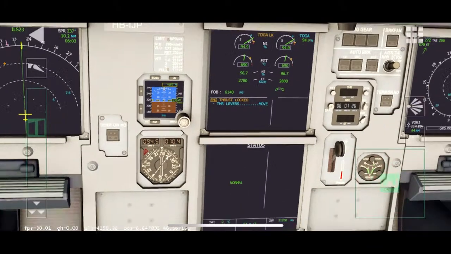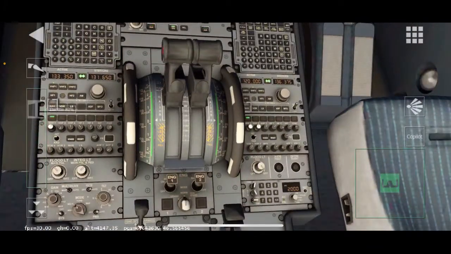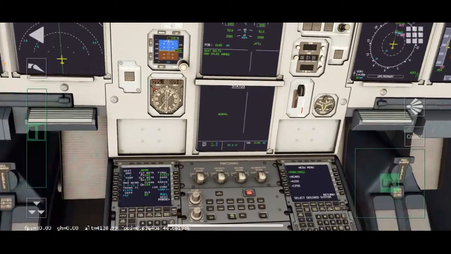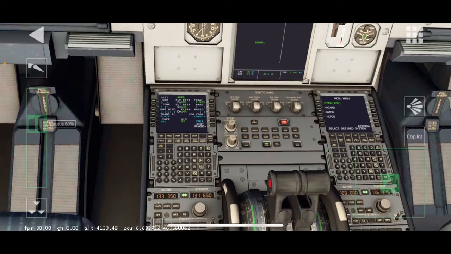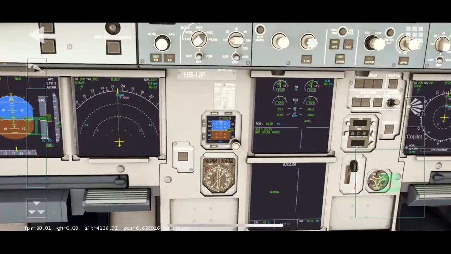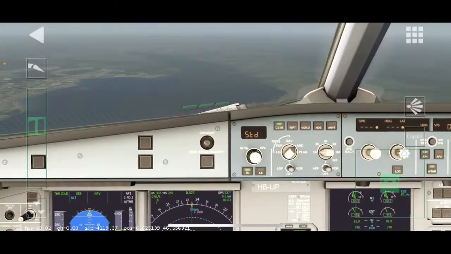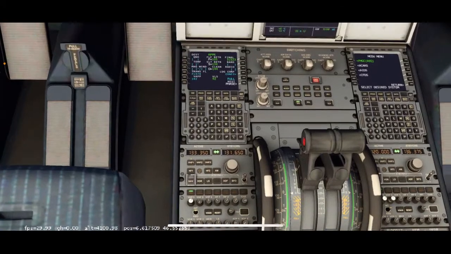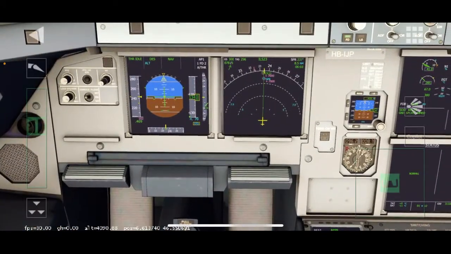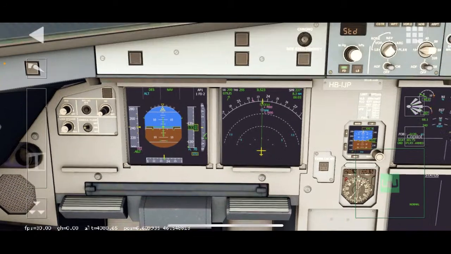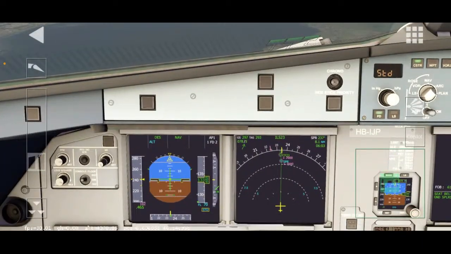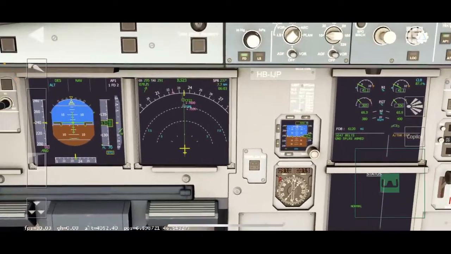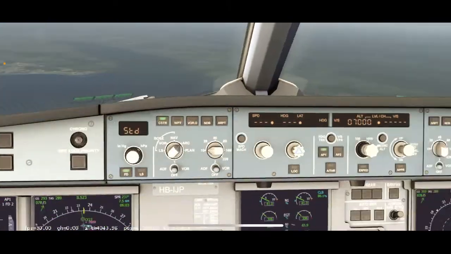We literally have an... What just... What? Is that an emergency right there? Oh, okay. That was... Oh, thrust lever idle? Got you. Got you. Okay. Thank you, Casper. I was like, what just happened?